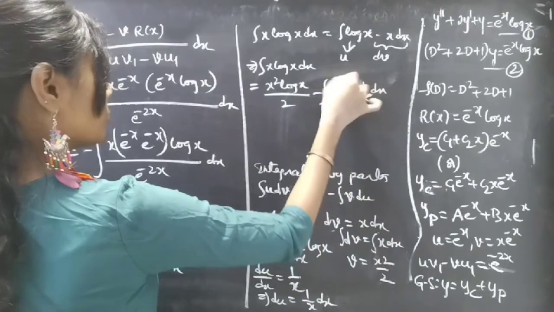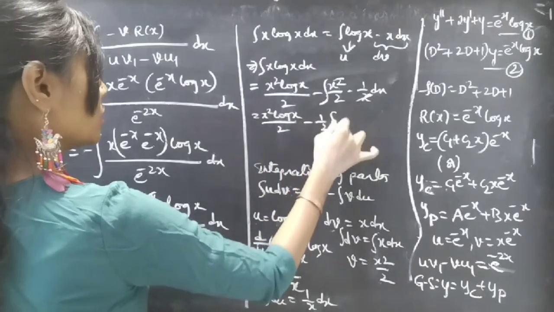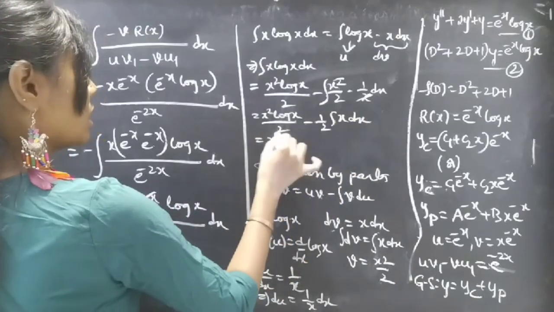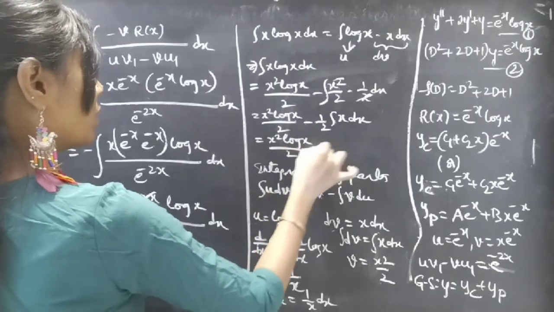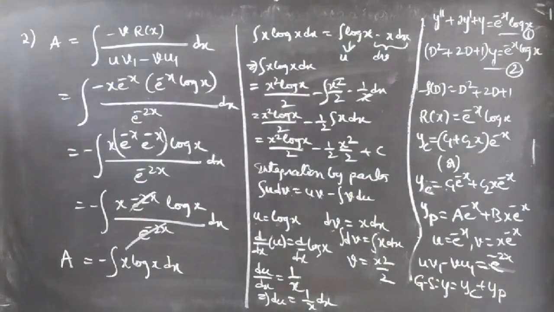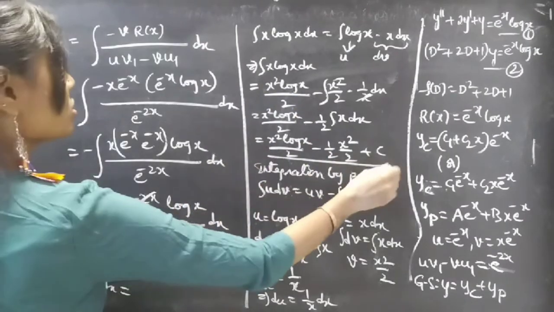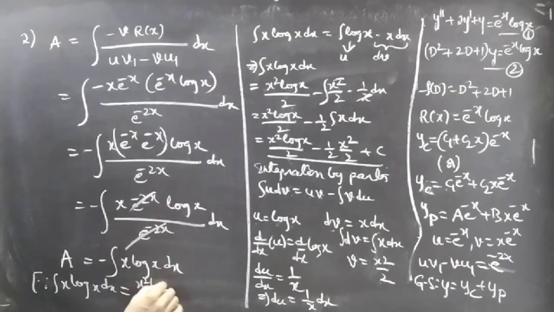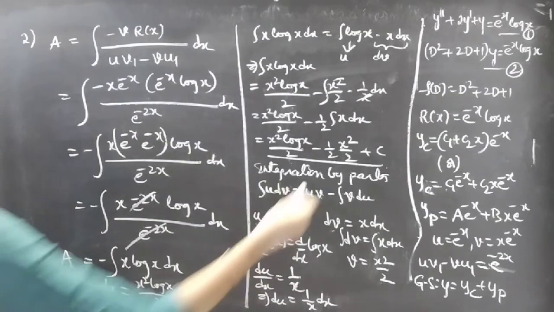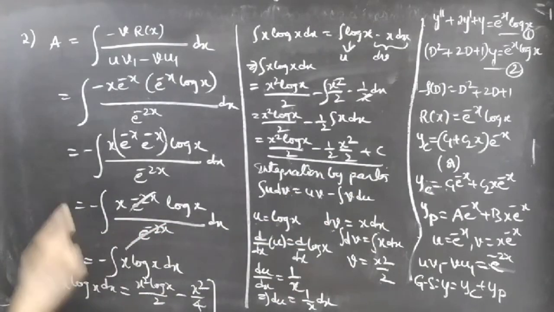Here 1 by x gets cancelled and we'll get x square log x by 2 minus 1 by 2 into integral x dx. This equals x square log x by 2 minus 1 by 2 into x square by 2 plus integral constant, some c. Okay, now since integral x log x dx equals x square log x by 2 minus x square by 2 into 2, 2 twos are 4, x square by 4, then a becomes